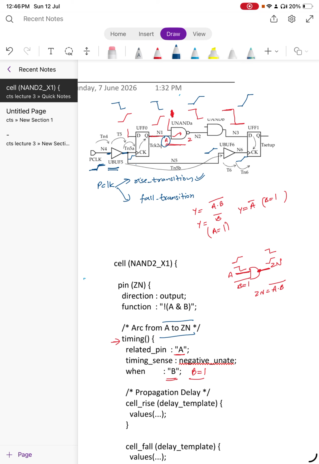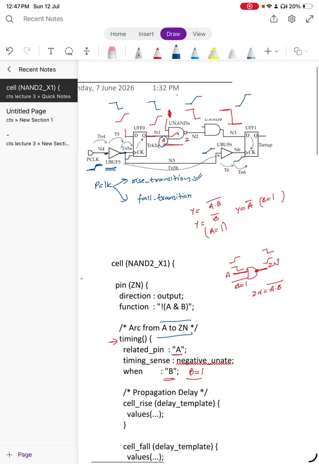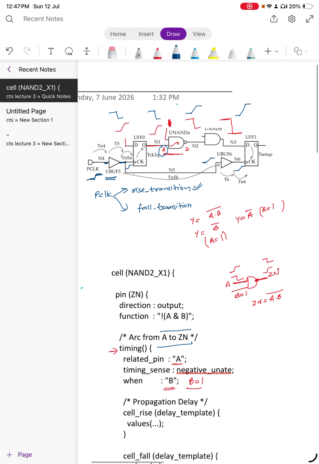And regarding the clock path, the transitions are fixed because we have a rising edge launch flop and a rising edge capture flop. So it is fixed. We need not consider two different cases as we did over here, because the launch flop is positive edge triggered and the capture flop is also a positive edge triggered flop. So this is all about the transition. We will talk about the